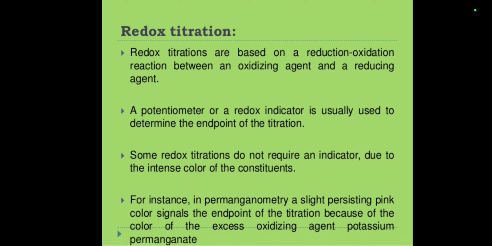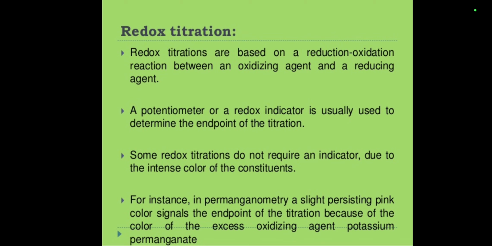A potentiometer or redox indicator is usually used to determine the endpoint of the titration. Some redox titrations do not require an indicator due to the intense color of the constituents. For instance, in permanganometry,